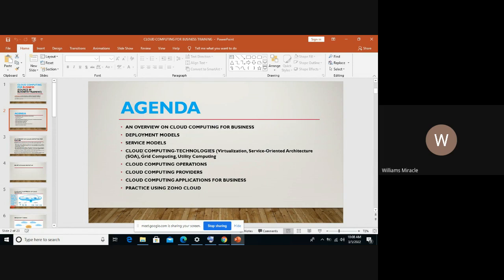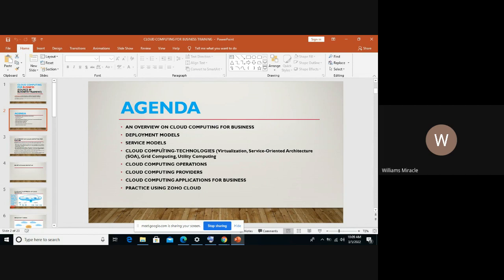We'll also look at the deployment models, because in as much as cloud computing is a tool which aids businesses in terms of performance, it's very important to know the various deployment models as regards how a cloud computing application is set up. Another is the service models, which we will also look at in today's class. And also the virtualization aspect, which has to do with cloud computing technologies. This is very important as well.